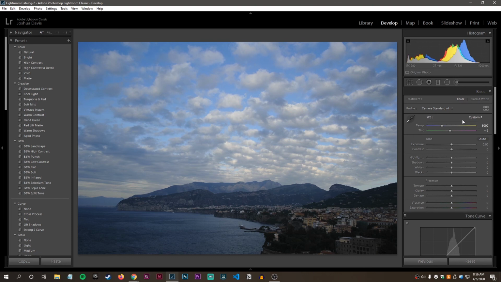So that's white balance. That's a pretty handy tool there for getting the color right. One of the more important parts of editing, and that eyedropper is a lifesaver for someone like me who has issues with seeing colors accurately. So that's white